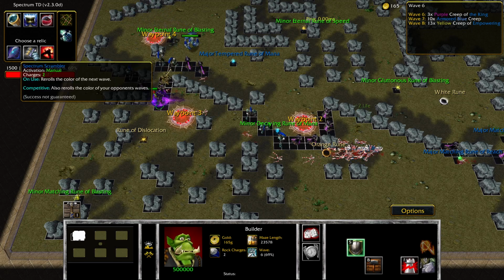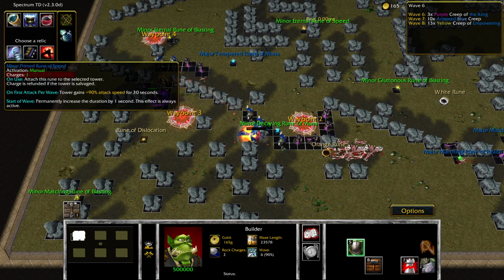Spectrum Scrambler will re-roll the color of the next wave. Can be very useful late game if you have a bunch of blue and the next wave is yellow, it just lets you do that. Primed